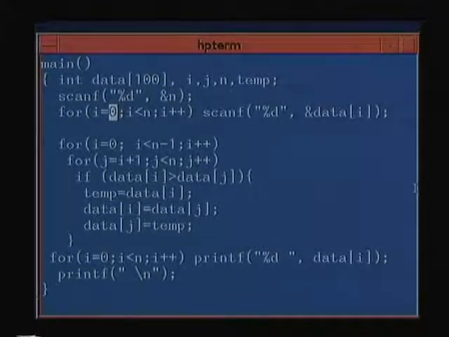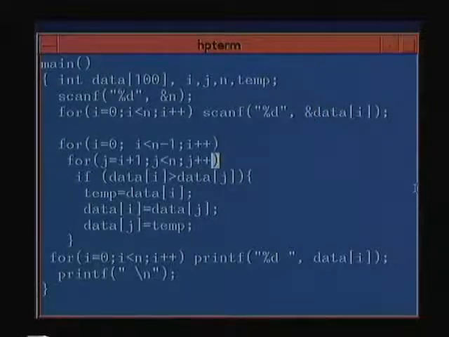For i equal to 0, i less than n, i plus plus. And since this is a single statement, I did not require to put it in braces, because this statement is the only statement in the loop. So I did not require to put the brackets, but if you put the brackets also it's okay. You will put one bracket here and the closing bracket after this. So scanf, I read in integers and data[i]. I pass the address of the location data[i].